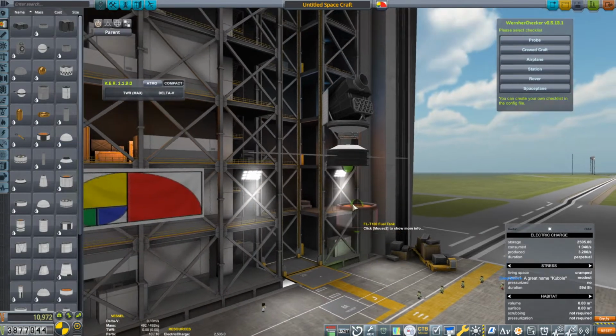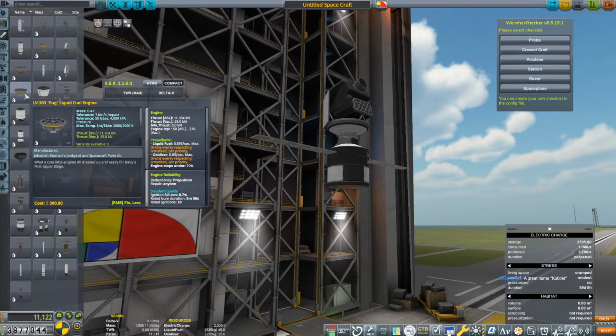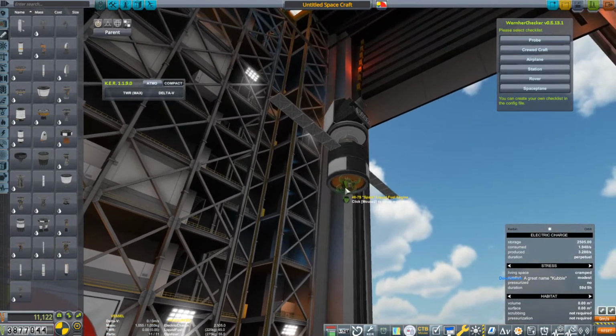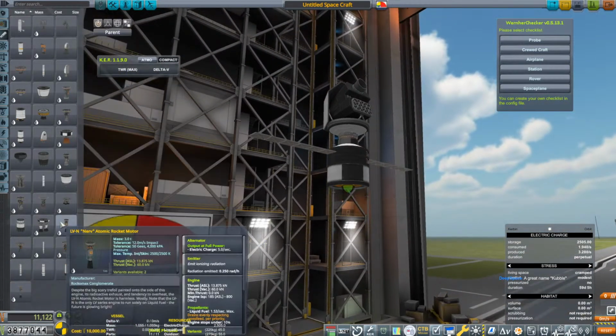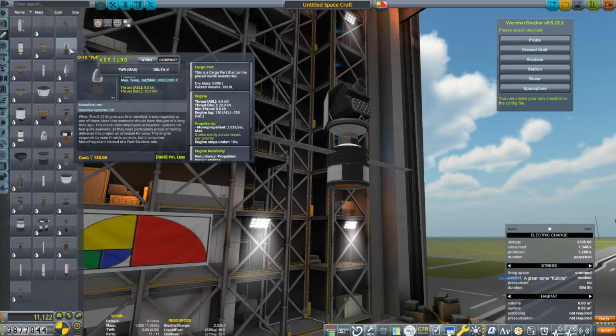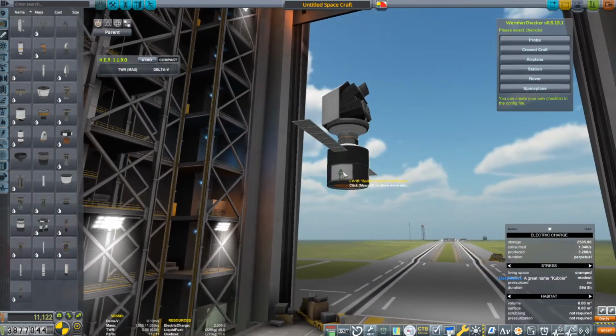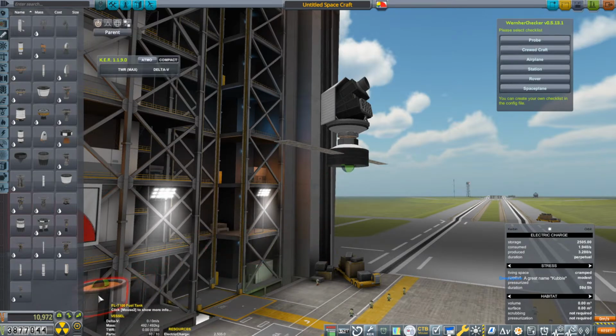Okay, I need a fuel tank. And my ever-friendly little spark engine. Where's my little spark engine? Down there. Okay, that is absolutely plenty. I can probably go lighter than that. What happens with a few spiders? It's a little on the low side. It's a lot of fuel. How about...